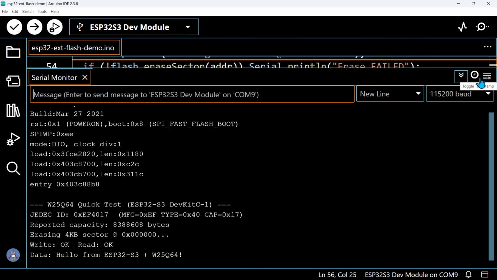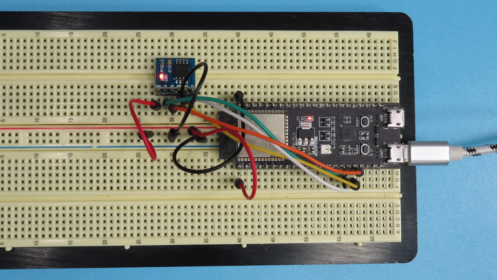And we do that, and we got our quick test over here. If we look at the bottom, we can see that it gave us the JEDEC ID of the SPI memory chip. It gave its capacity, which is about 8 megabytes. And it says it's erasing the sector. It wrote okay, it read back okay, and it printed out the data that it read back. So it does seem to work pretty well. And that was a simple test, but with the functions provided there, you can use SPI memory within any of